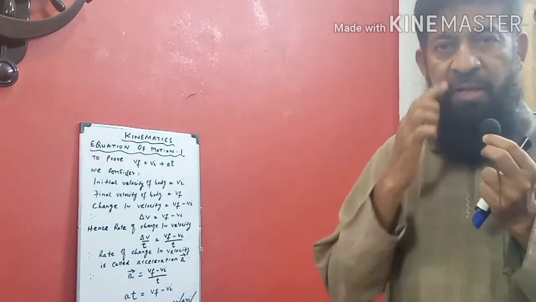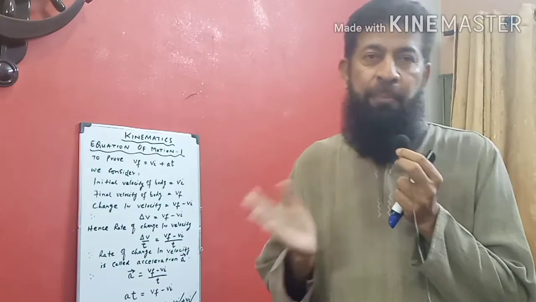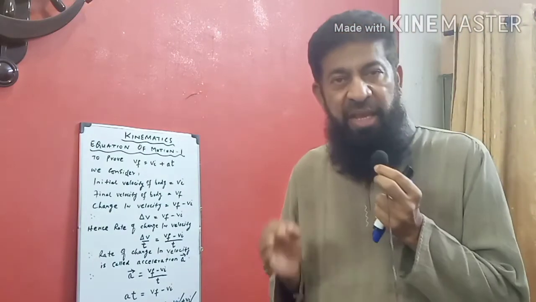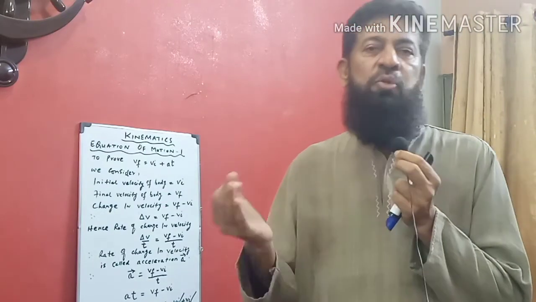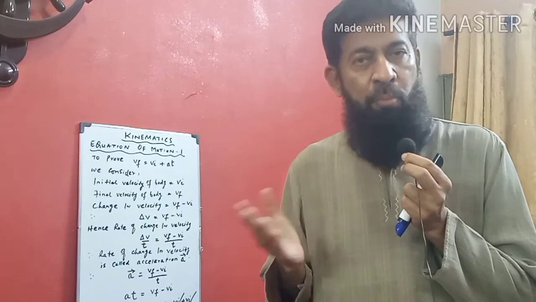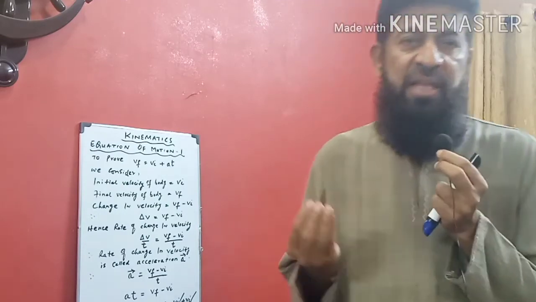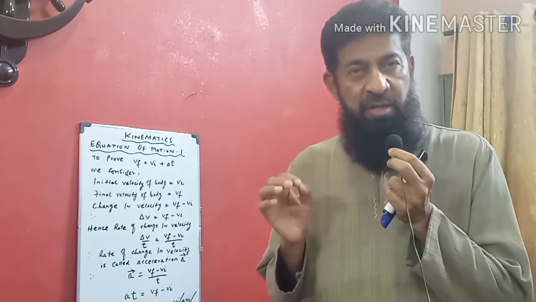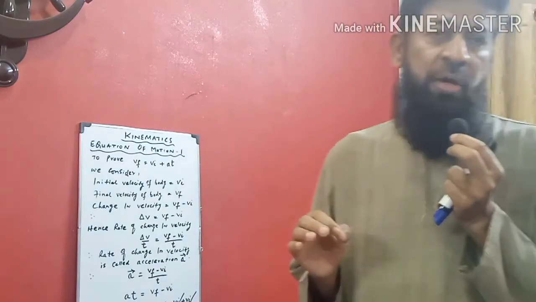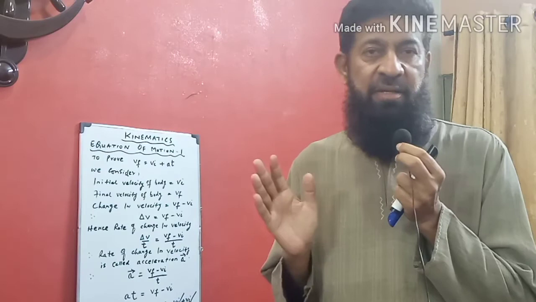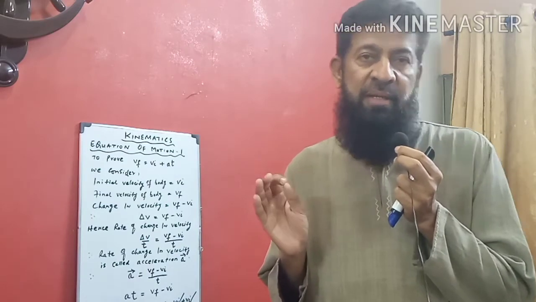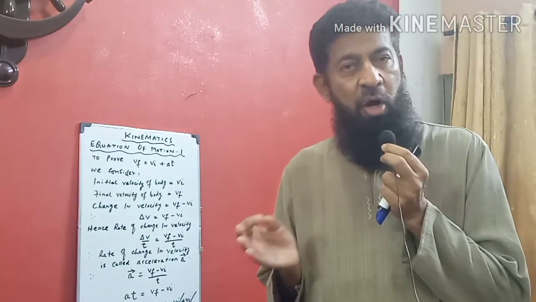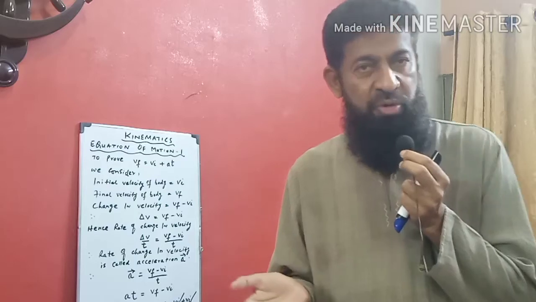The second one is motion. It is the opposite of the rest condition. When a body changes its position with respect to its surroundings, it is called motion. There are three kinds of motion we study in this chapter. Translatory motion, or linear motion, or motion on a straight line, is very simple. That means the motion of a bicycle or a car on a straight line is called translatory motion.